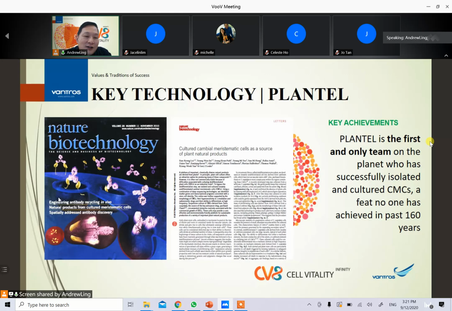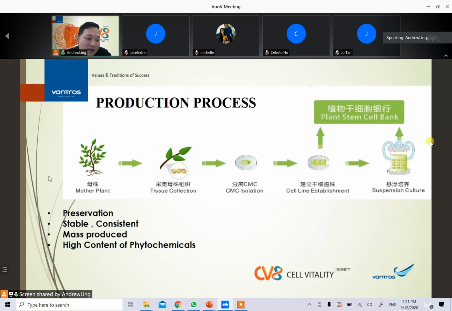Okay, it starts off with any plant that you can get, for example, Tongkat Ali. Once you have the Tongkat Ali plants, they will collect the tissue. This is the whole process. Once they collect the tissue, they use the technology to isolate the CMC stem cell out from the Tongkat Ali. And once they have isolated it, what they do is that they can